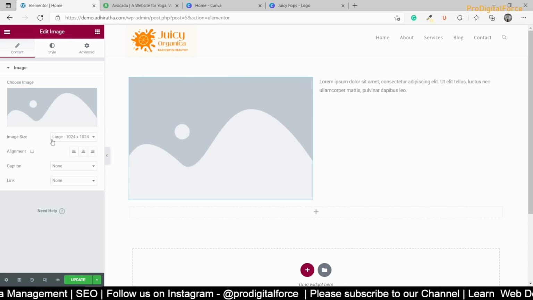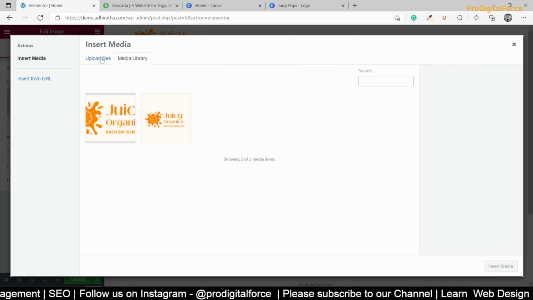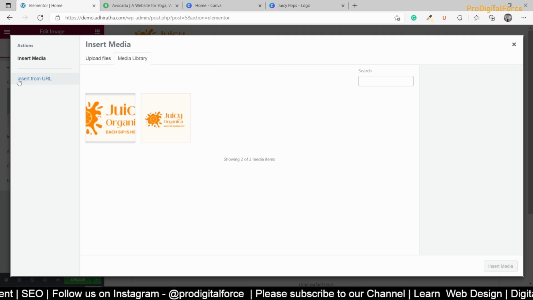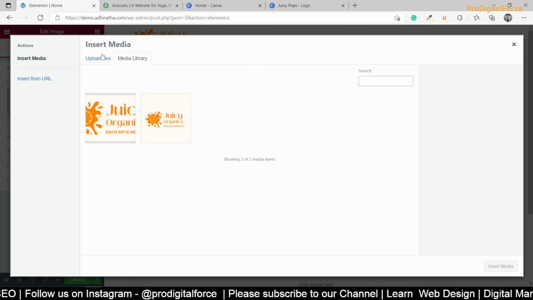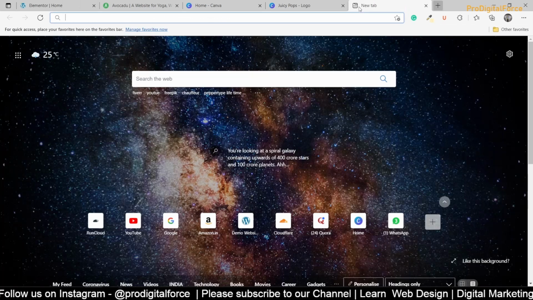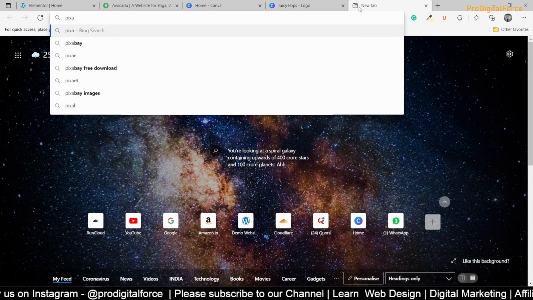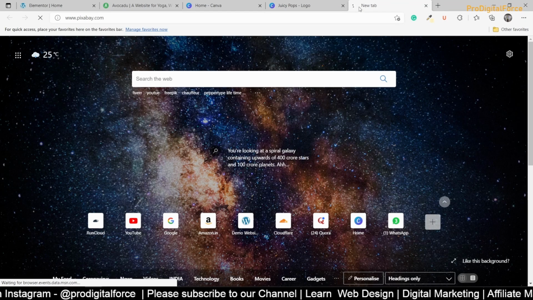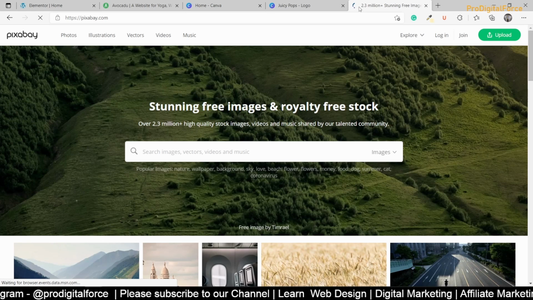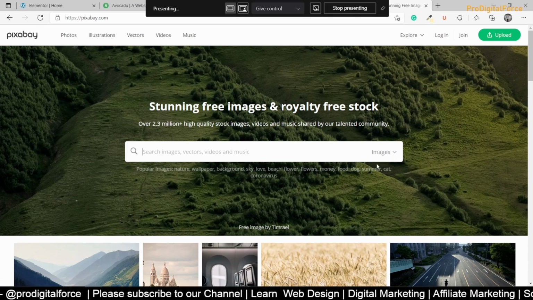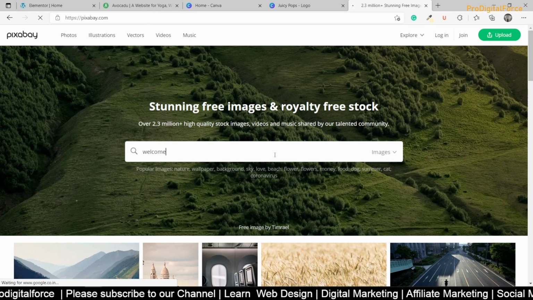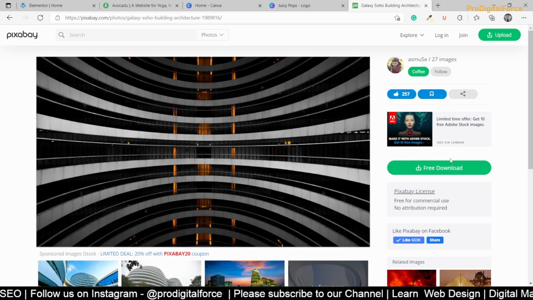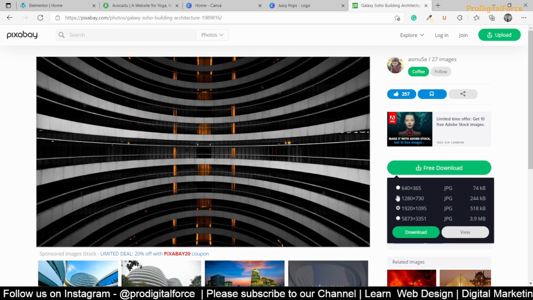So for the image, maybe I want to choose an image. Okay, we'll upload it. Yesterday when you installed the theme, it came with Pixabay integrated, right? That means you can directly search from Pixabay and add it. So maybe we'll see something like this, I want to use this free download. Here I can select which resolution you want.